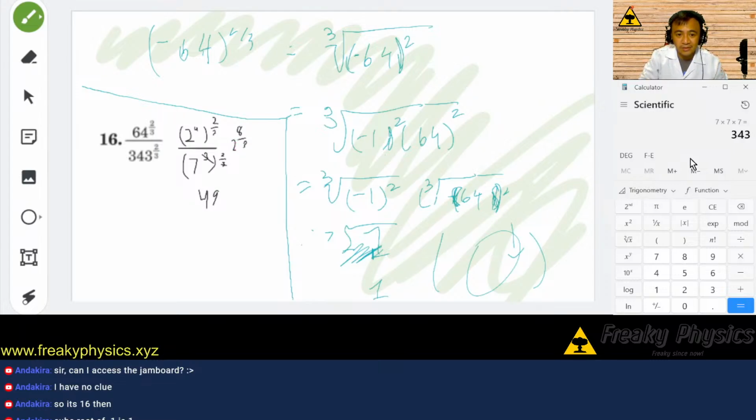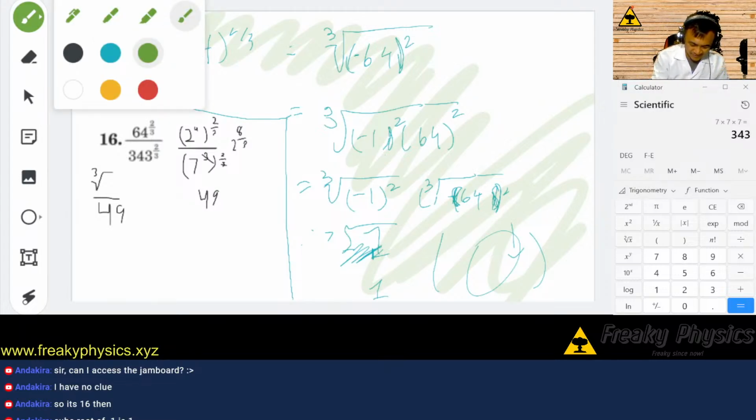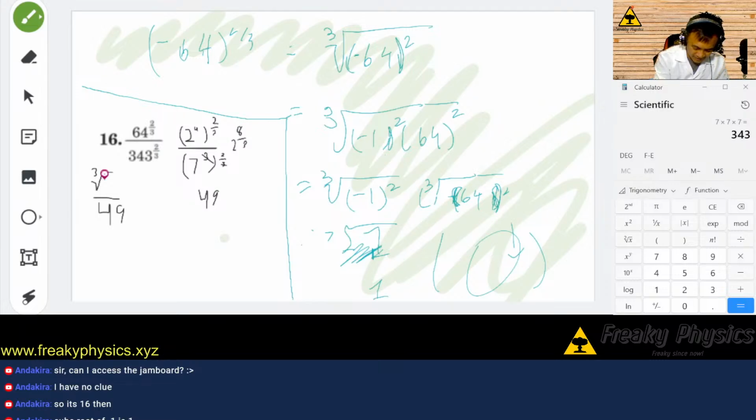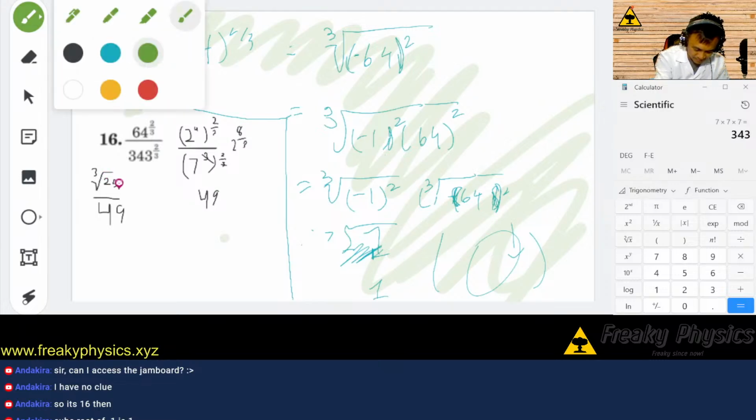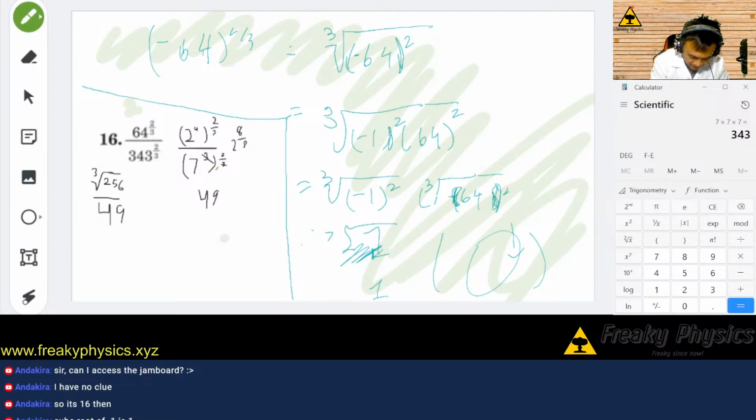2 raised to 8 cube root. Kind of works. The 49 is already correct. Okay. I'll show you a better way for 64. You were already correct to say that this is 2. Oops. Change pens. Hold on. You were correct in saying that 64 was 8